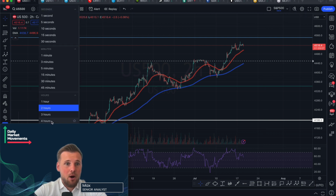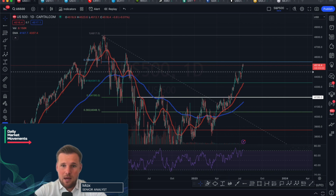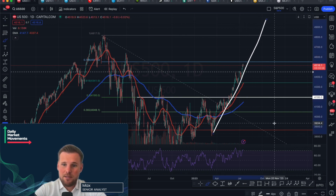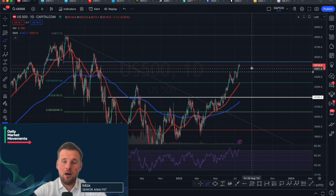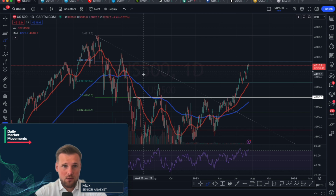So, this market has been trading aggressively higher for the past couple of months now. And I don't think it takes a genius to understand that you can't just continue up as steep as that. You do have to have some push and pull. And I think that some give back is going to be necessary in order for this market to continue in the second half. 4,550 is very significant due to the fact it represents the 0.786 fib area